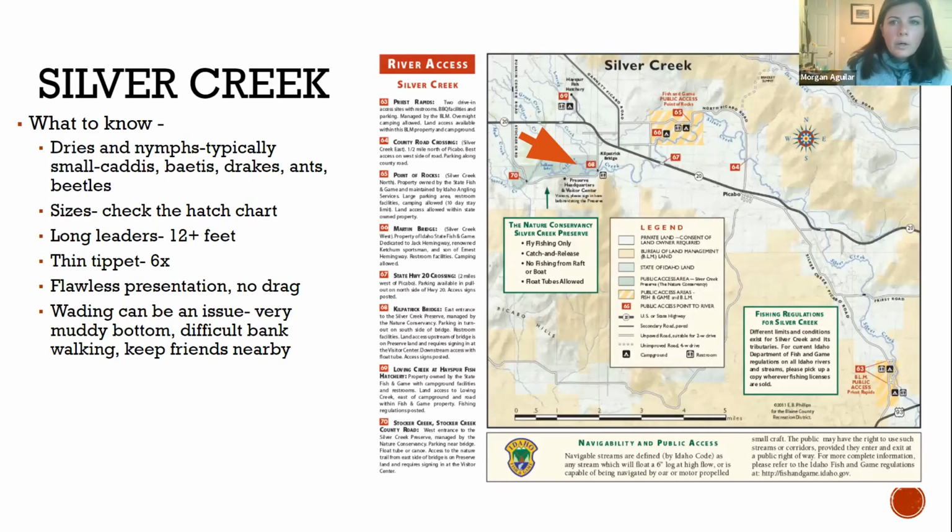So what you need to know about fishing Silver Creek. Dries and nymphs are typically what we are fishing. They're usually all very small, and we'll take a look at the hatch chart in the next slide. But you'll be seeing caddis, baetis, drakes, ants, and beetles. For those caddis, baetis, and drakes, don't just think of them as dry flies, but as their nymph form as well. A drake nymph can do really well in the creek, as well as a damsel nymph at that time